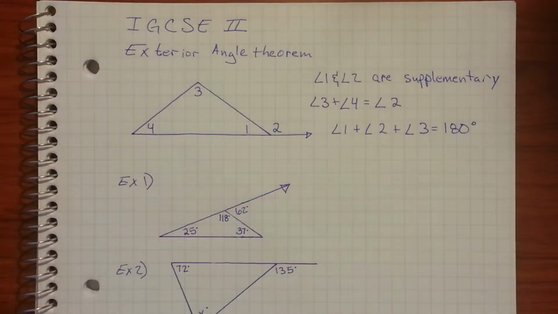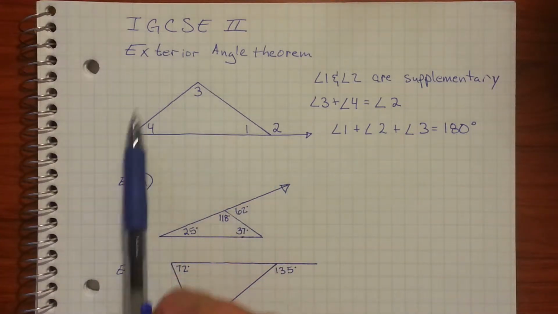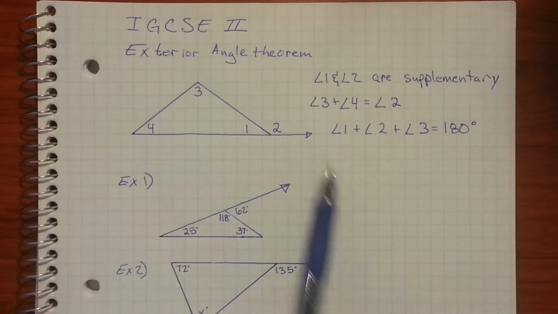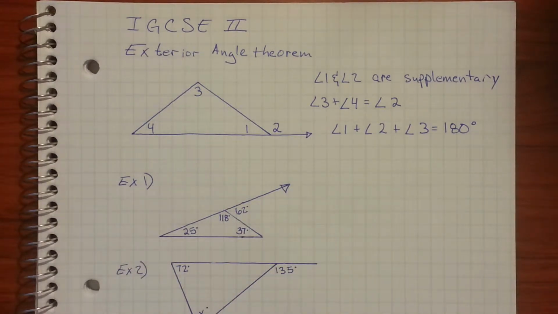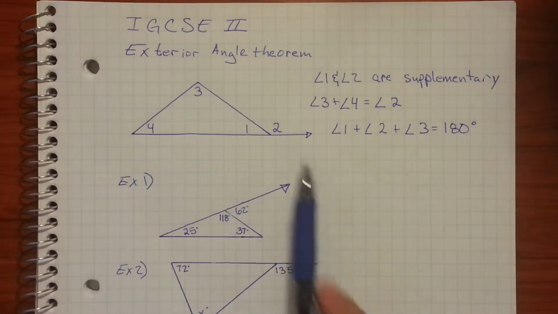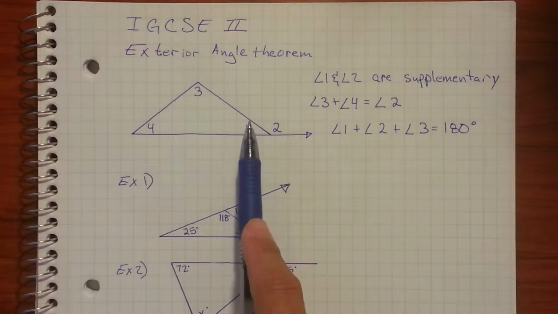This is the IGCSE exterior angle theorem. So exterior angle, this is the basic for a triangle. I'm going to deal with other types of situations when I get down to the lower examples. So first thing I'm going to do, I'm going to take a look at